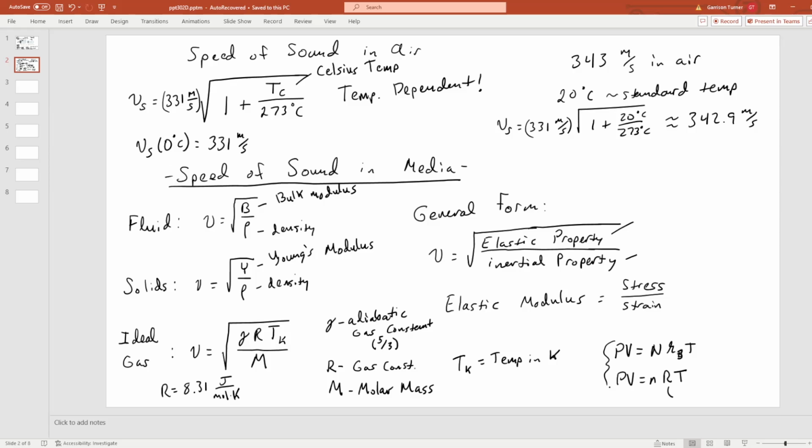Okay, but just know that for general materials, if you have a fluid, it's the bulk modulus,